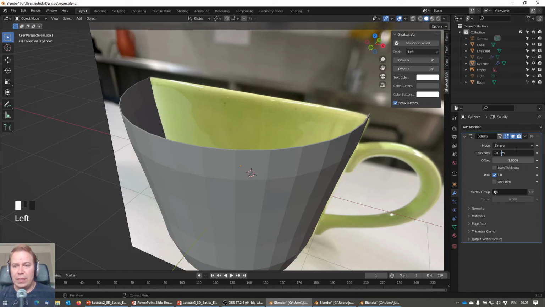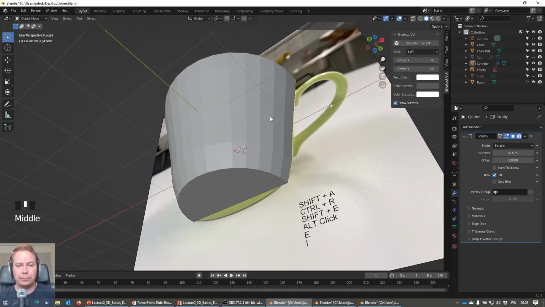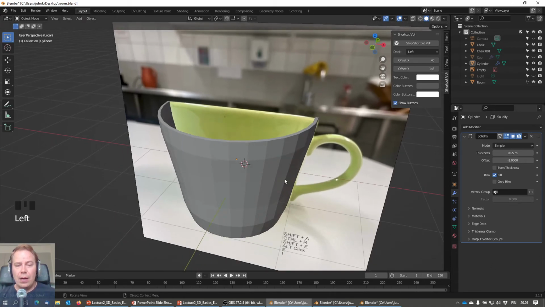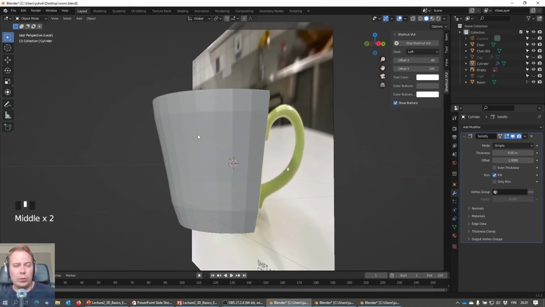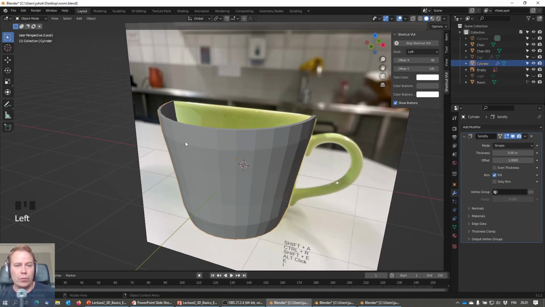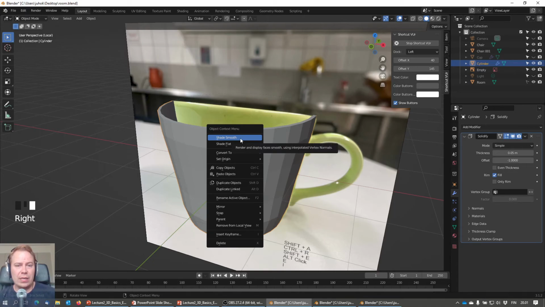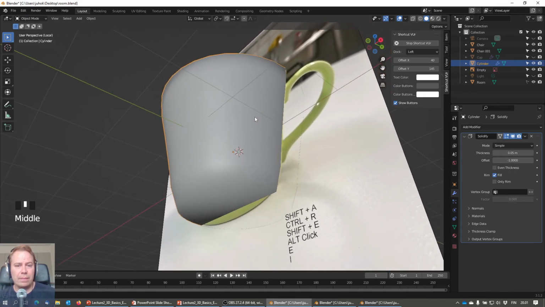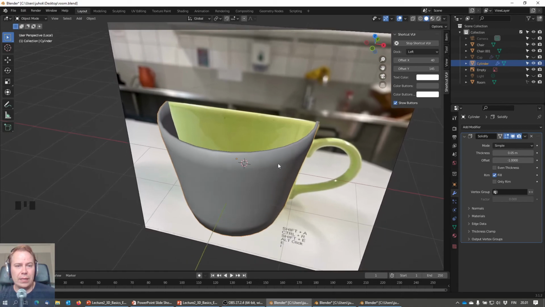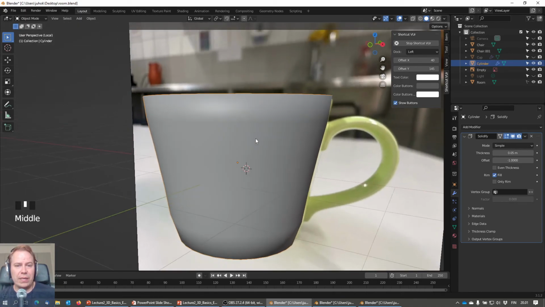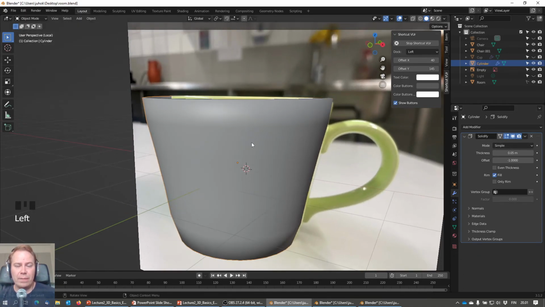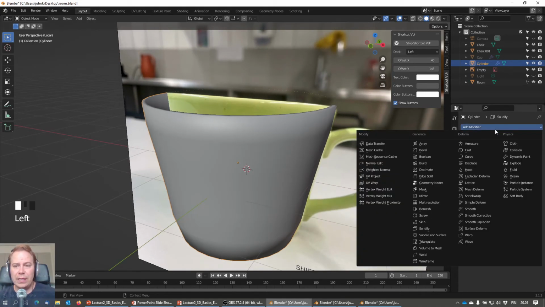You can put the thickness as like 0.05, for example, to make it a little bit thicker. That's fine. And what do we need to do to make this really smooth? In object mode, you can right click and choose Shade Smooth. Okay, that's pretty cool already. But you can see that it's still pretty edgy, so you need a modifier. So let's add another modifier here, and it's called